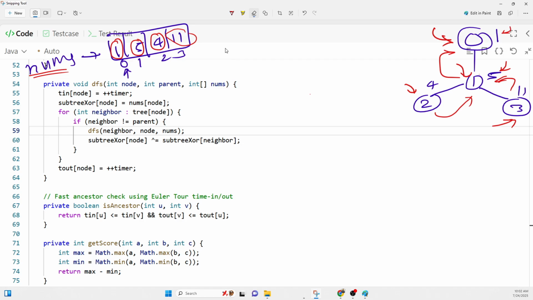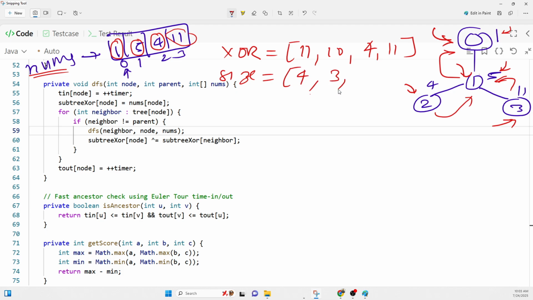So let's suppose I keep all the XORs at one place. These XORs are 11, then 10, then 4, and then 11. And the sizes that we have seen are 4, 3, 1, and 1. And what do we have at parent? At parent we have -1, 0, 1, and 1. These are the parents, right? So now we'll try all the